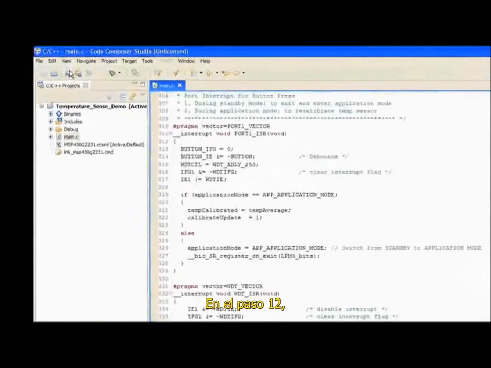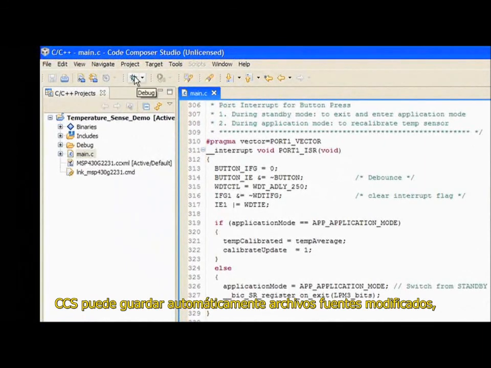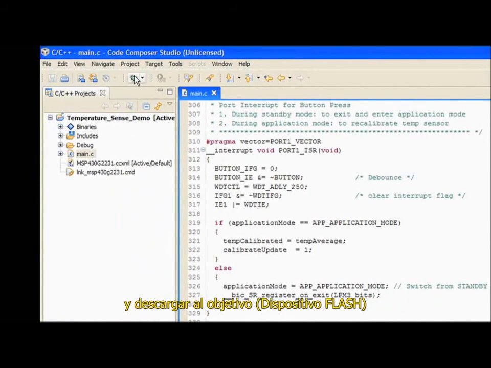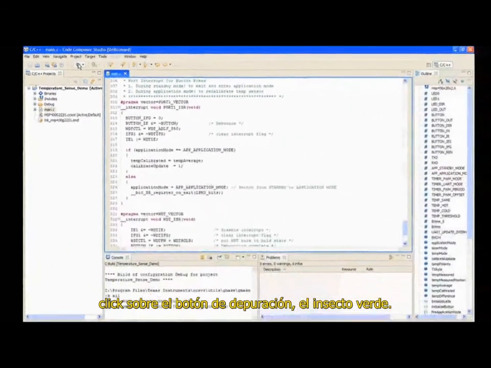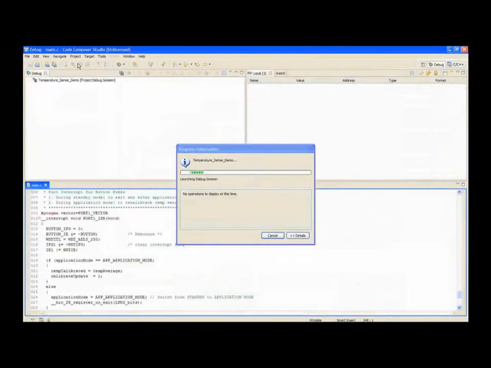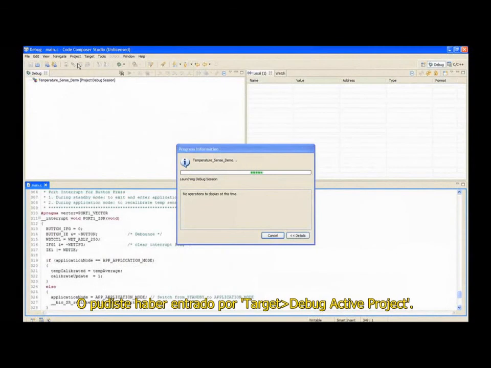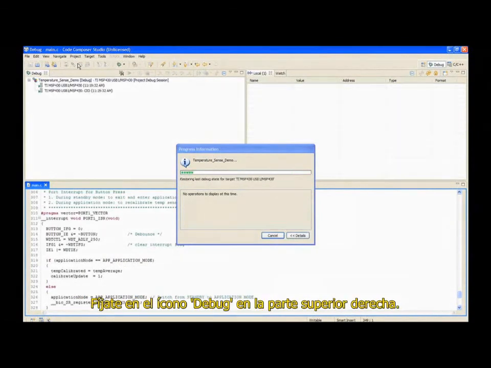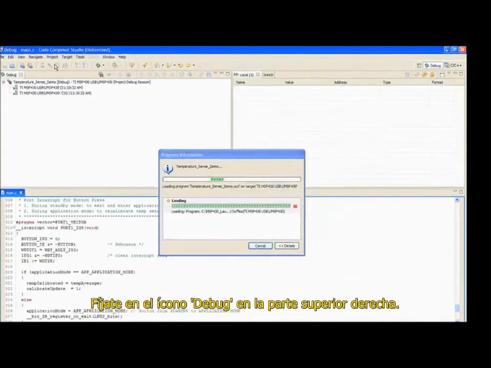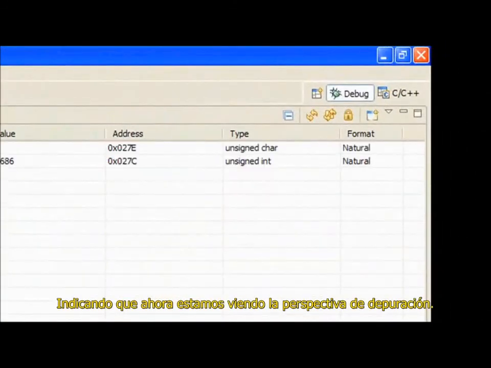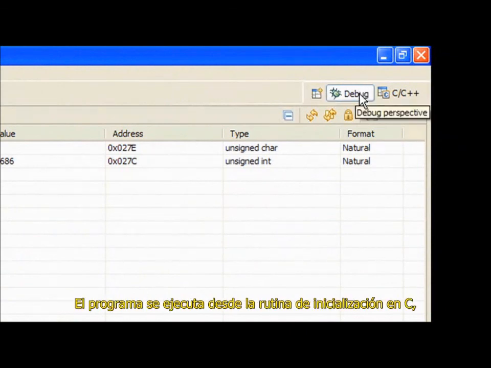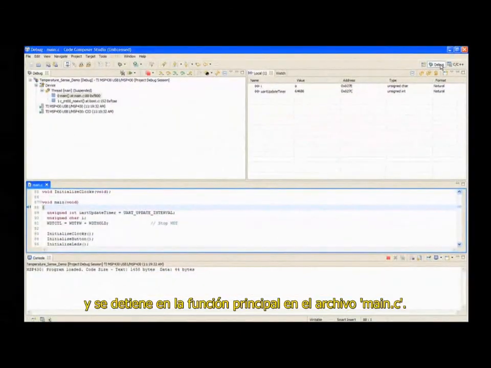In step 12, CCS can automatically save modified source files, build the program, open the debug perspective window, connect and download to the target, your flash device, and then run the program to the beginning of the main function. Click on the Debug button, the green bug, or you could have clicked Target Debug Active Project. Notice the debug icon in the upper right-hand corner, indicating that we are now in the debug perspective view. The program ran through the C environment initialization routine in the runtime support library and stopped at the main function